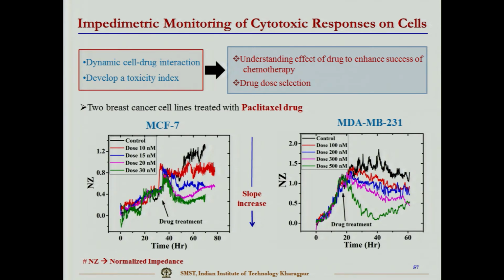For the blue one, for the green and the pink one, where the maximum amount of dose is there, almost all the cells died, and therefore the impedance value decreases further and further. So, this is the result that we have achieved. We have seen that this drug affects the MCF7, and that signature we can get